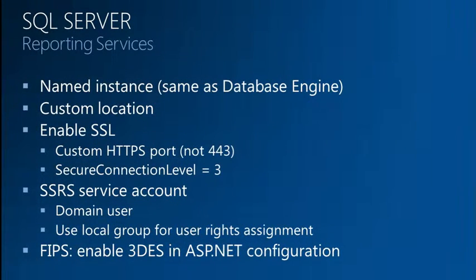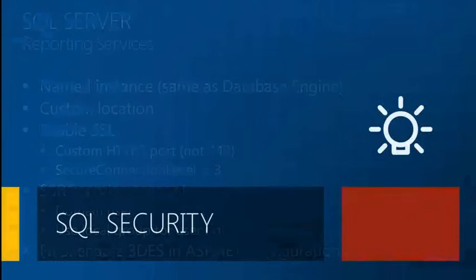Briefly on Reporting Services, again, using a named instance, and the great thing now is that with System Center 2012 Configuration Manager, a named instance is supported, whereas before you had to use the default instance, and there's some other gotchas there. So now we can use the named instance. You can add SSL, use some PKI level SSL there. Service account, again, you want to make sure you have that user set up appropriately. And as I mentioned earlier with FIPS, there's one gotcha when enabling FIPS, and that's specifically with SSRS. And I'll show you in the demo how you can make that work. By default, it does not. So with that,